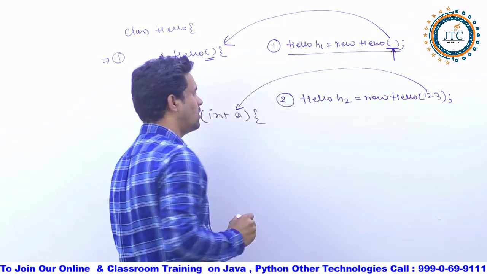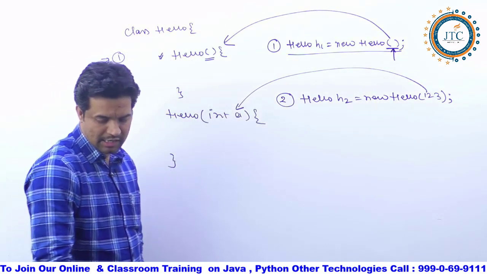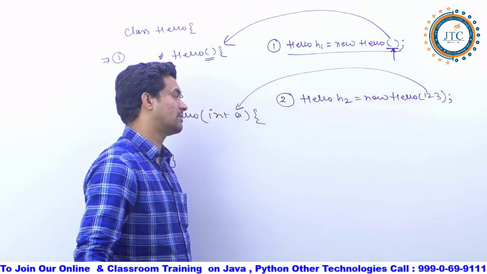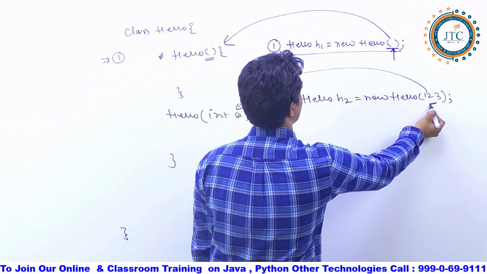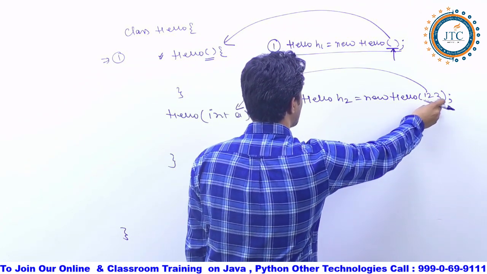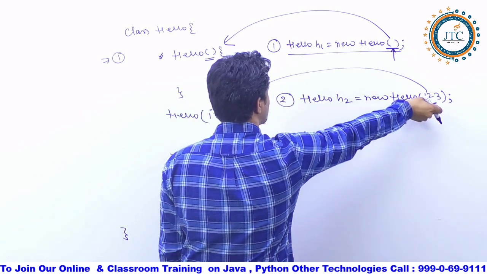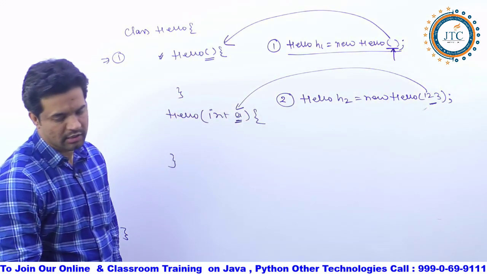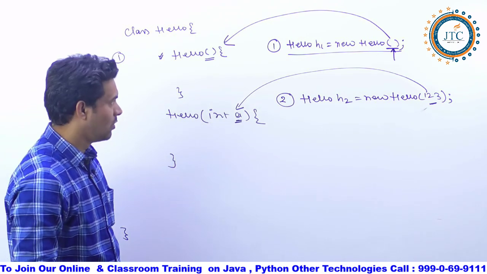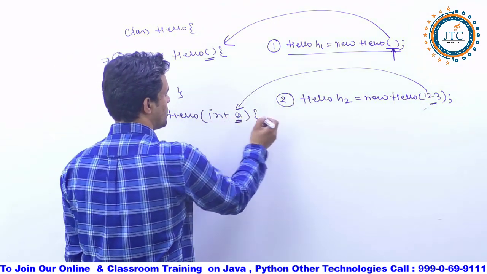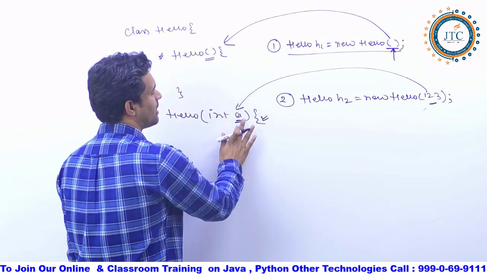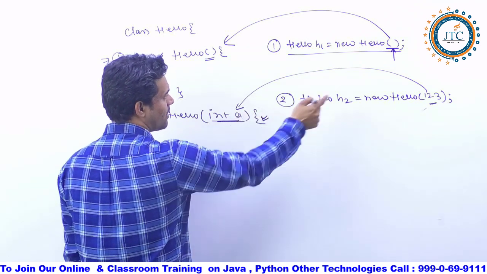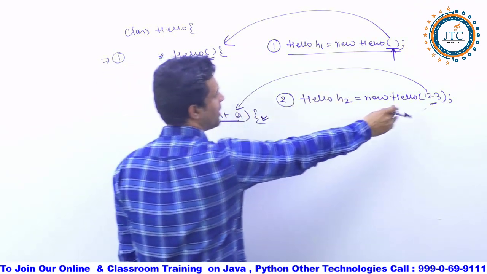What is it going to process now? One parameterized constructor. Guys, remember this point. It is going to process what? One parameterized constructor, because you have passed one parameter here. Now when you are passing this value, this value 1 2 3 is going inside the corresponding one. It is going into that one, and then only it is going to process this particular type of constructor. Correct? It is going to process this constructor, and the value 1 2 3, whatever you are passing